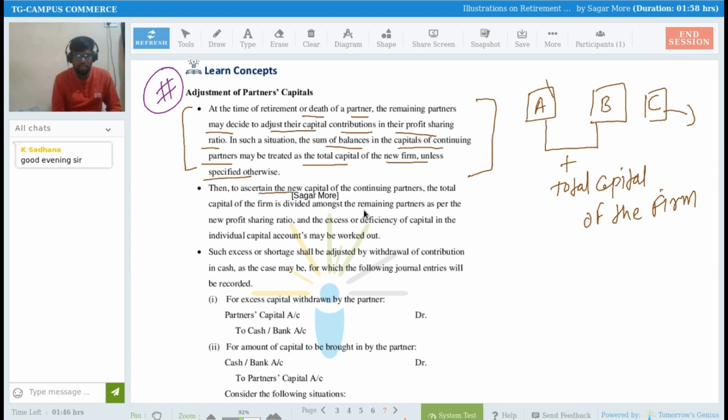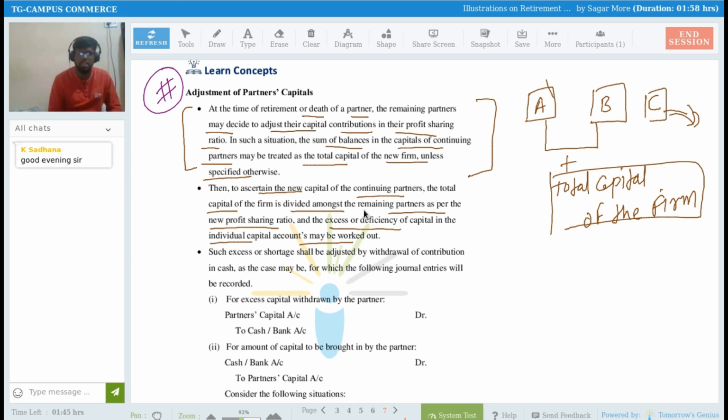Then to ascertain the new capital of the continuing partners, the total capital of the firm is divided among the remaining partners as per the new profit sharing ratio, and the excess or deficiency of capital in the individual capital account may be worked out. So for example, if they say that after retirement of a partner, whatever capital of A and B is nothing but the total capital of the firm,